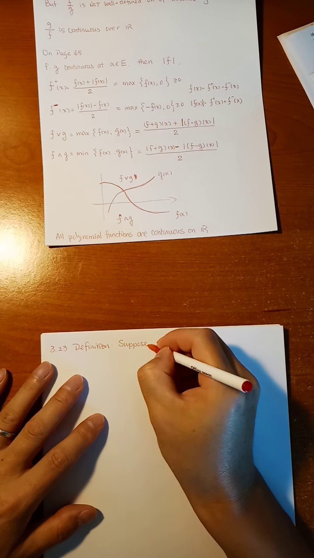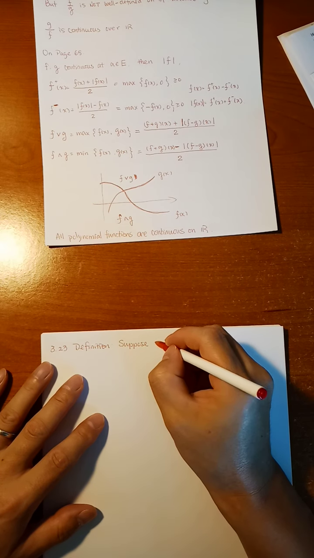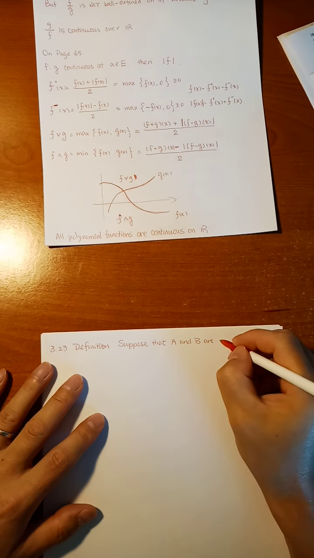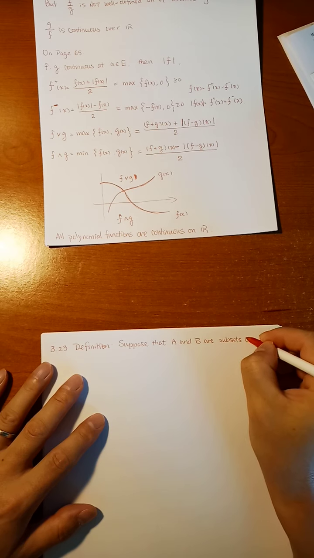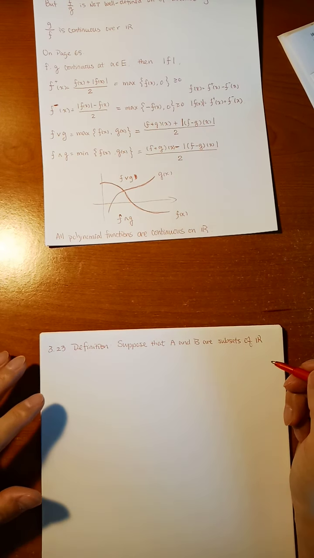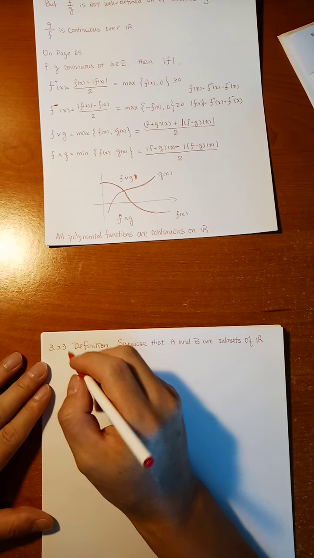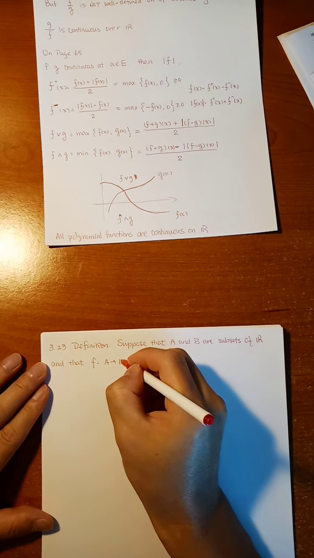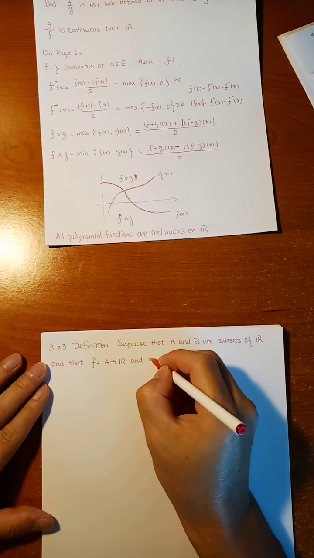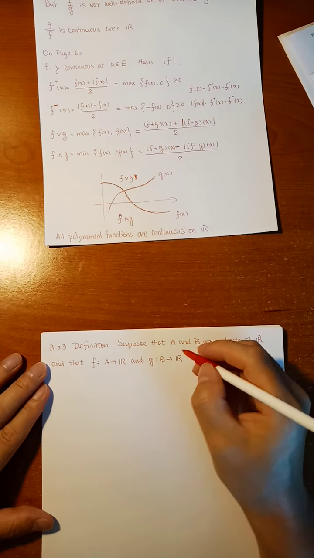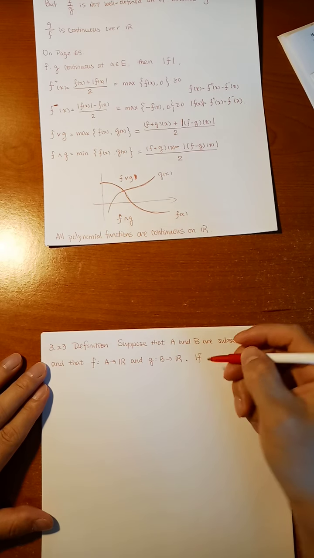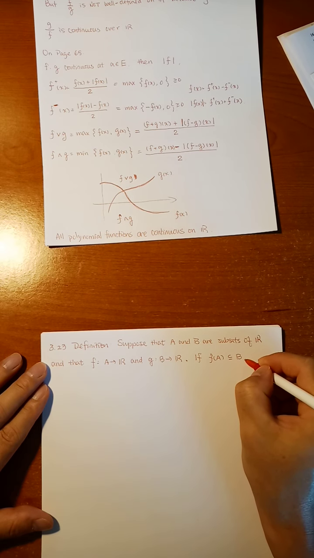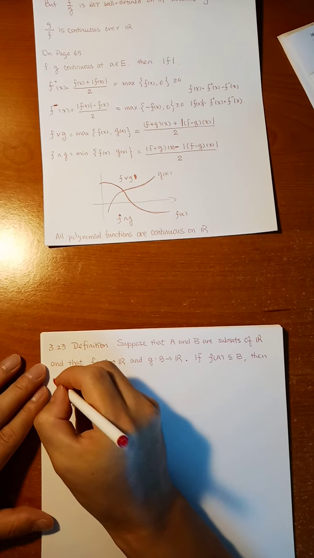Suppose that A and B are subsets of R. Of course, here we always mean non-empty subsets, and that F from A to R and G from B to R. Okay, if F of A, the image of A under F, is contained in B, then the